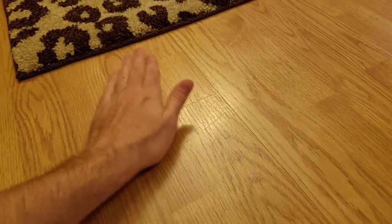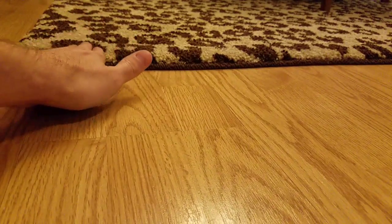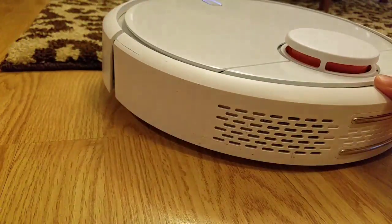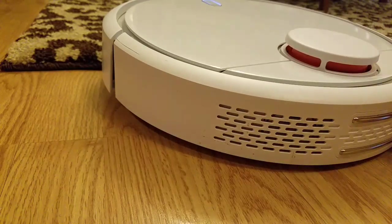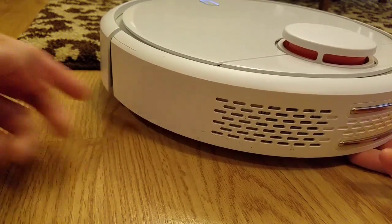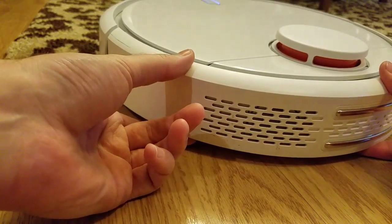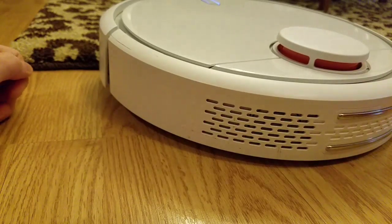catch the back. What happens is a rug of this thickness, when the robot hits this rug, it bottoms out. The back end of the vacuum bottoms out like this. So if we take this and we sit it, see the back, hear the back hit the floor? Hear that? It bottoms out. If it had a wheel somewhere in this vicinity on the back, it wouldn't bottom out. It would help roll, but it bottoming out doesn't help the vacuum in terms of climbing on a rug at